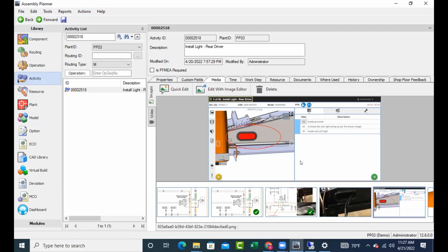And it's quick. You know, here's the image. Let me add my notes. Let me add a new work step, publish it back. The next time anyone opens this, it's out there for people. So this was a big feature that we worked on, right?